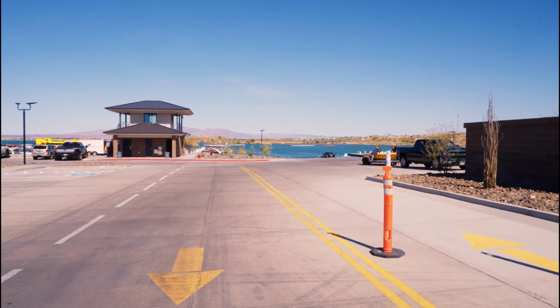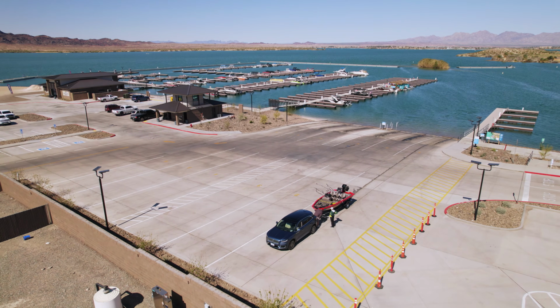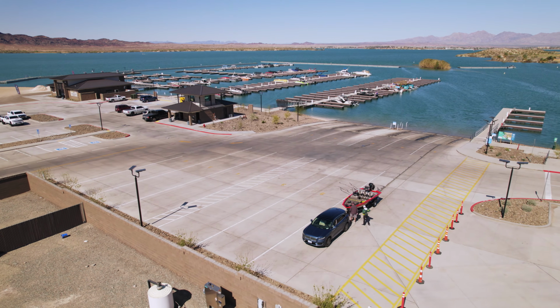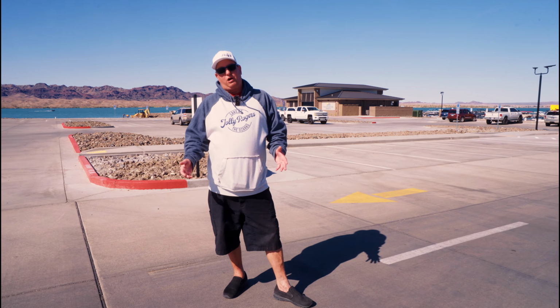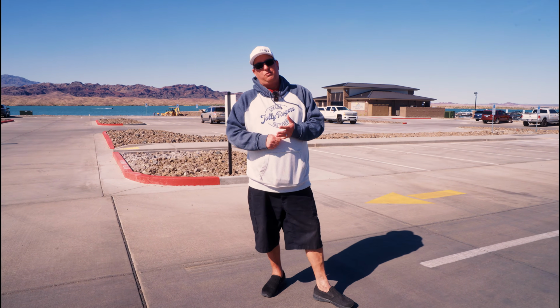On Wednesday is move-in. We're gonna move in here Wednesday, I don't know, 10 to 3 or 4, somewhere in there, 10 to 5. And then we're gonna go over to our opening party, which will be at